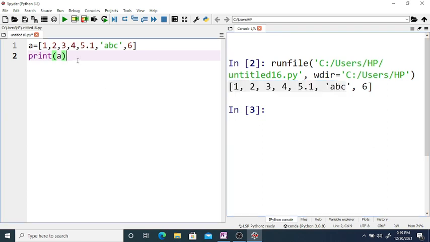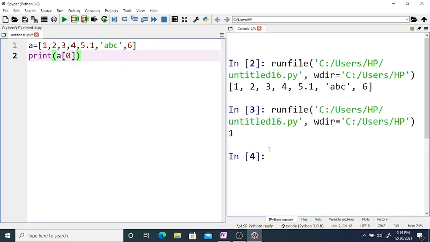For example, if you want to print the first element, just print a[0], the first element of the list. If you run it, you can see the first element is 1.